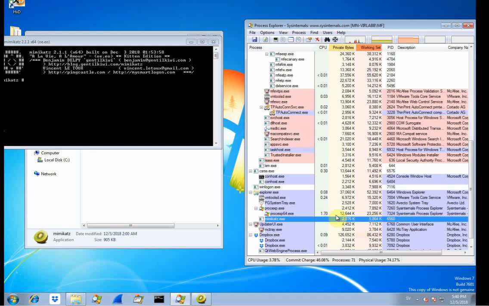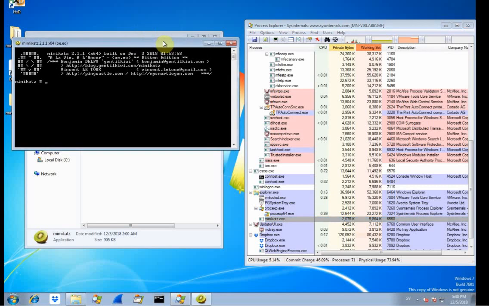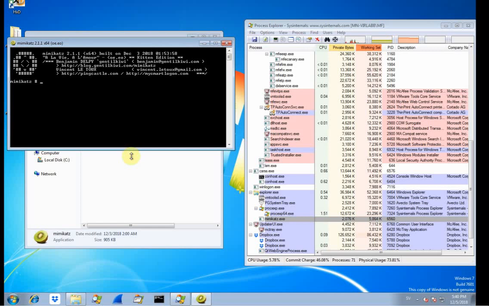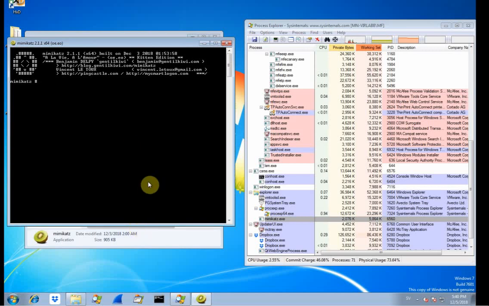Doesn't have any description, but it's running in low memory. So what you want to do with Mimikatz is you want to set the privileges to debug mode